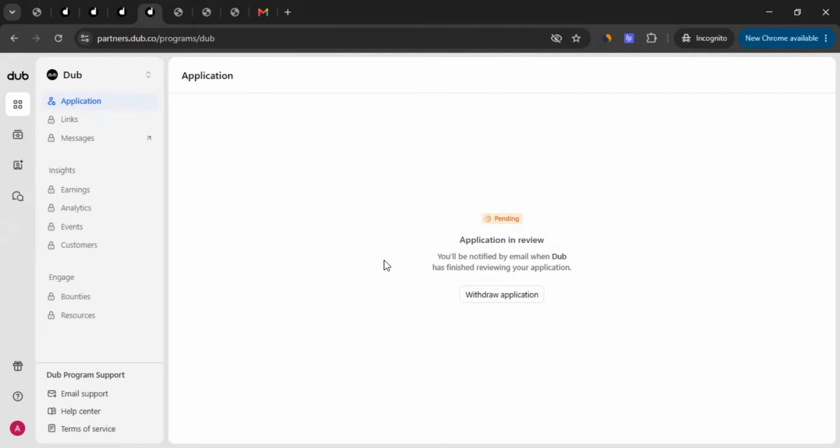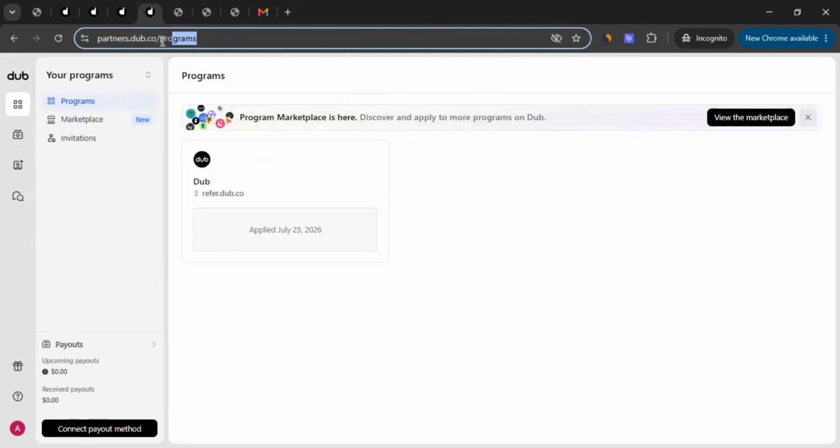After getting approval, then what? Then you can start promoting them. But to promote them, you can't just take any link from their website. You have to use your tracking link for that. So how do you get your tracking link? First of all, let me take you to the homepage. So if you click here, you will be taken to